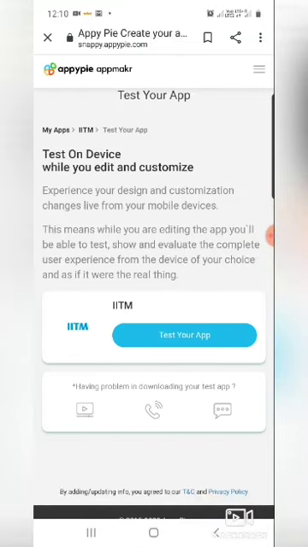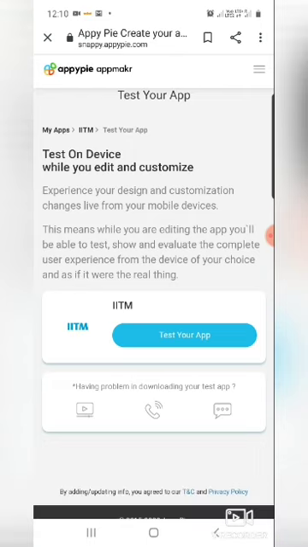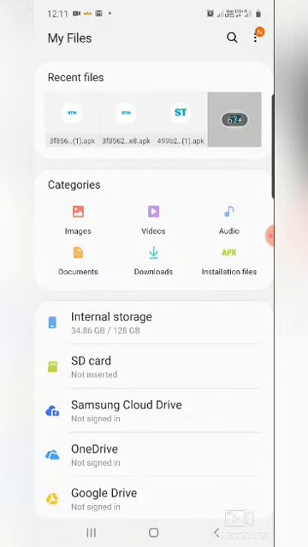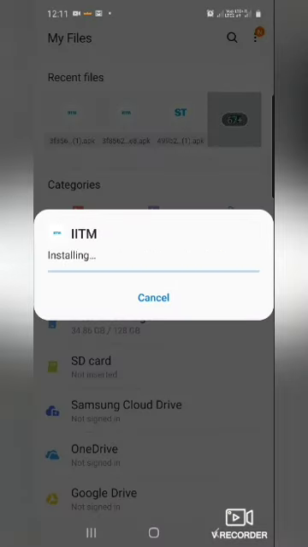Now your application is ready. So test your application IITM. I'm clicking here, and it will ask me to download the app on my Android phone. It's downloading. Get it downloaded on your Android phone. Downloaded in my downloads. So this is the app. I'm installing it, IITM.